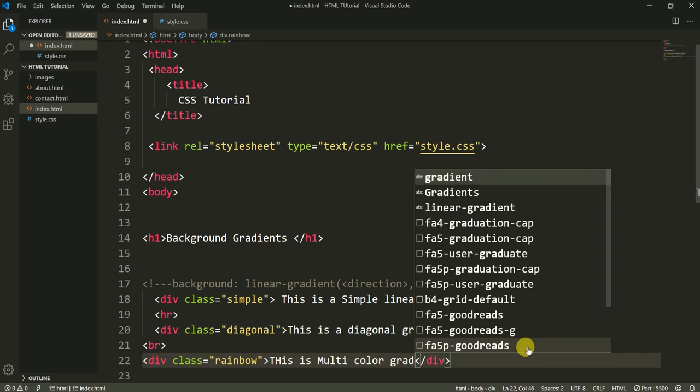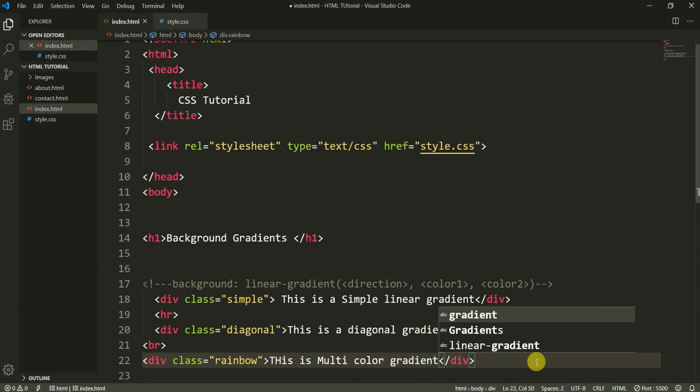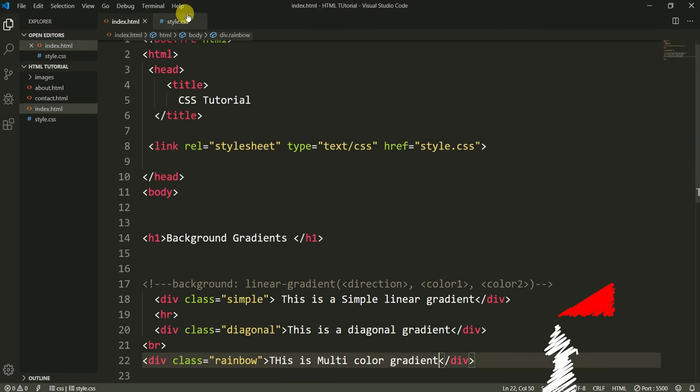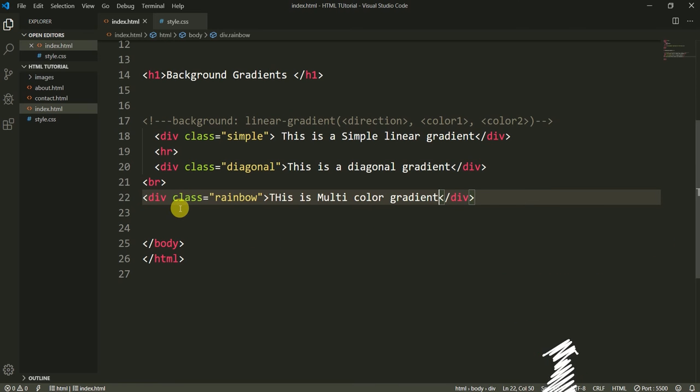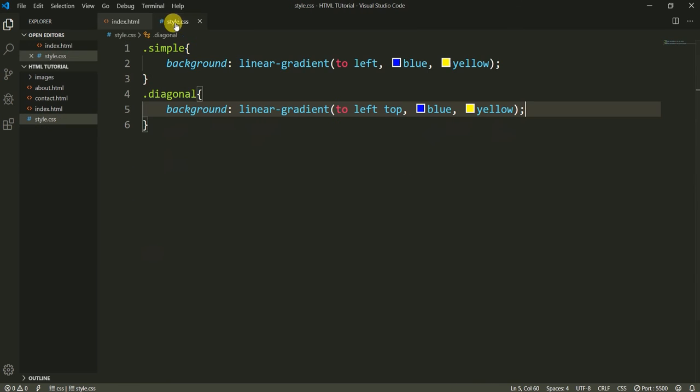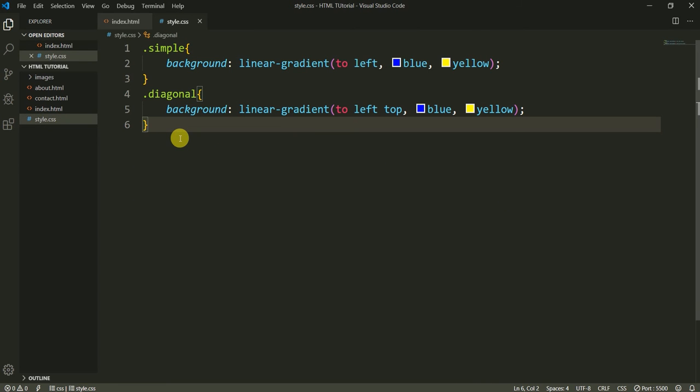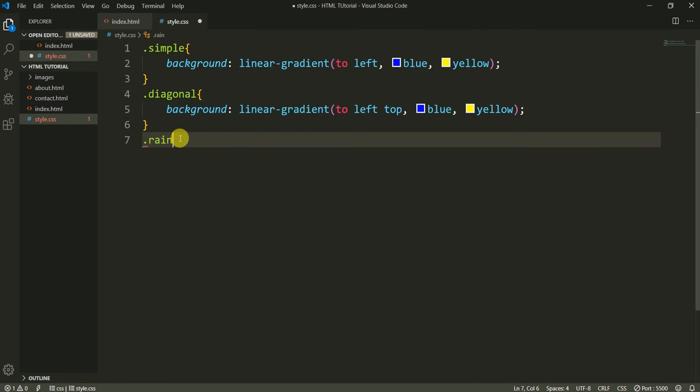So okay, here my class name is rainbow. Let me, if you guys cannot see, okay, now it is more clearer. Class is rainbow, and I'm going to call this class here the rainbow class dot rainbow,